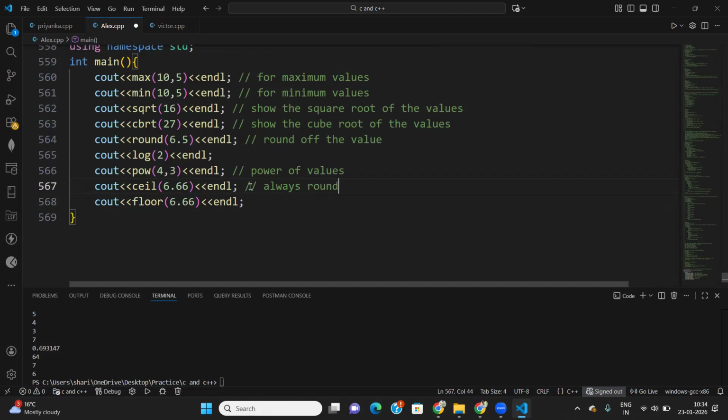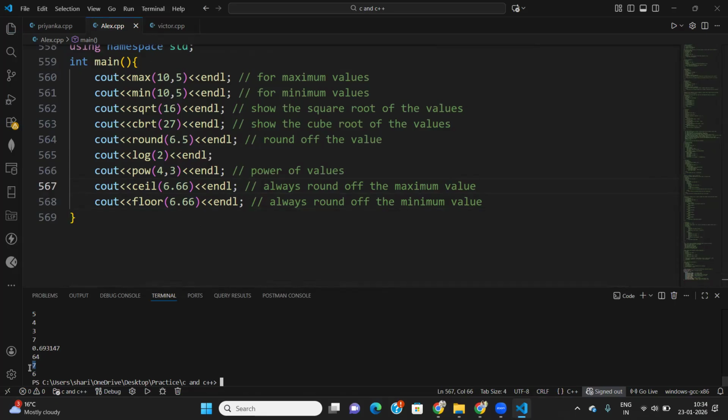In the ceil case, it always rounds off to the maximum value. And in the floor case, it always rounds off to the minimum value. So this is the difference between them. See that the first one, 6.66, gives you a 7, and the second one gives you 6 only. If I write 0.6 and here I write 0.999,